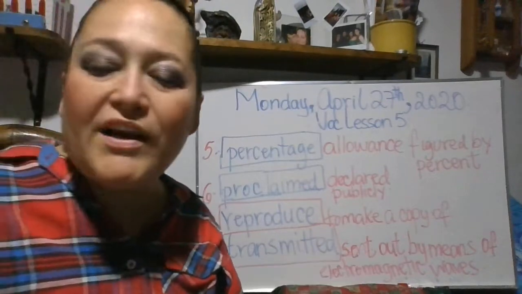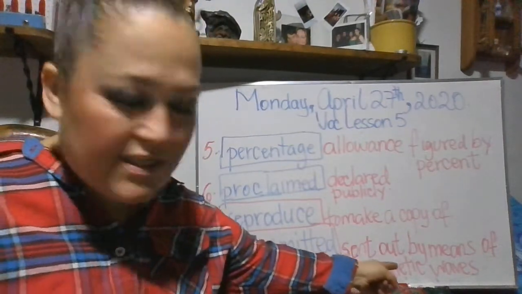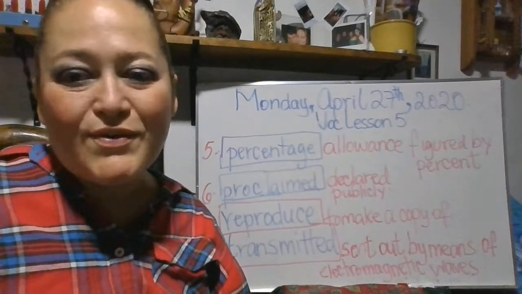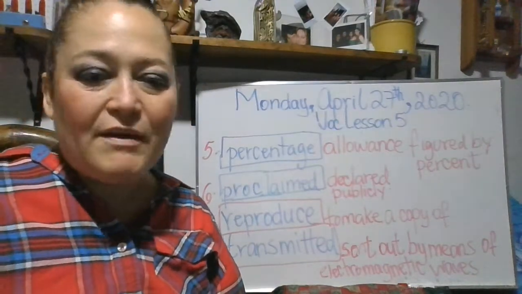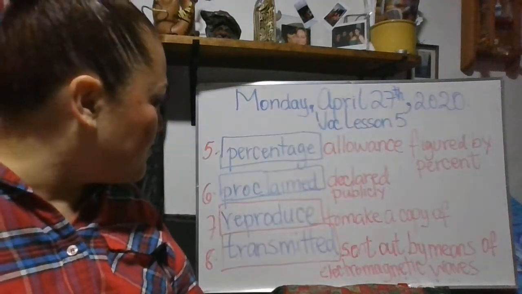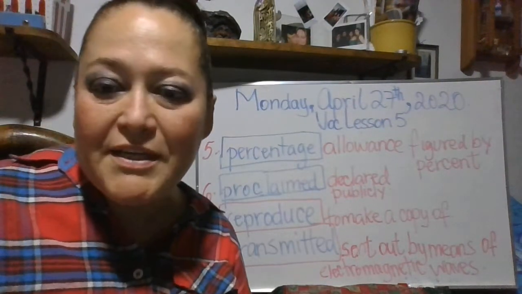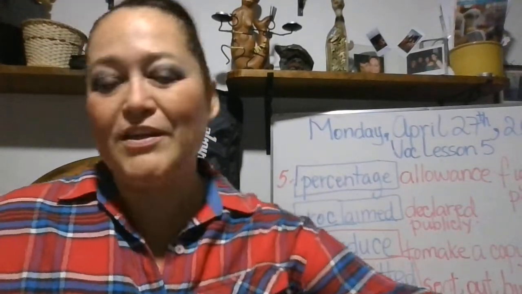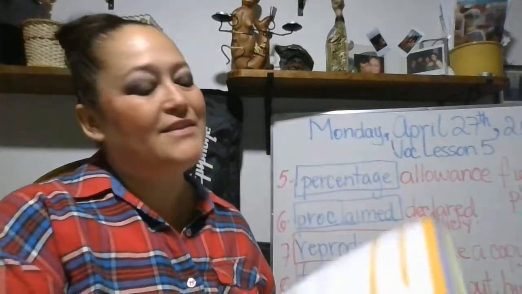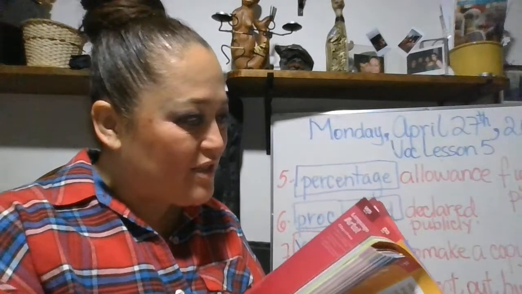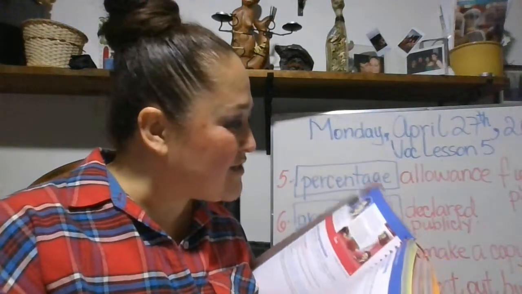That means to transmit. In this case, it says the definition like this because it's related to the story we're going to read about this famous inventor, guys. So, percentage, proclaimed, reproduce, and transmitted. These are the words we're going to see in the story of, let me tell you the name, the exact name of this famous inventor. This famous inventor was called,